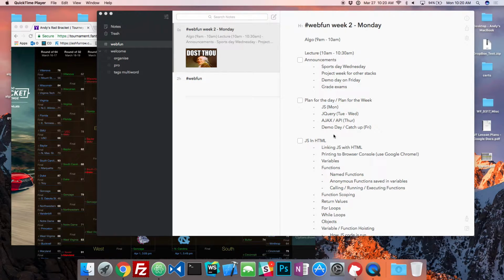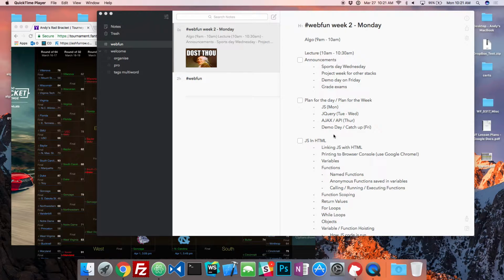Exam grading. Me and Kevin are going to be grading the exams today. We do have a large cohort, so it depends on how fast we can get it done. Hopefully we'll get it done before, I want to say, Tuesday or Wednesday. As we grade them, we're going to send you the results. Please be patient, and we're going to get it all graded for you.